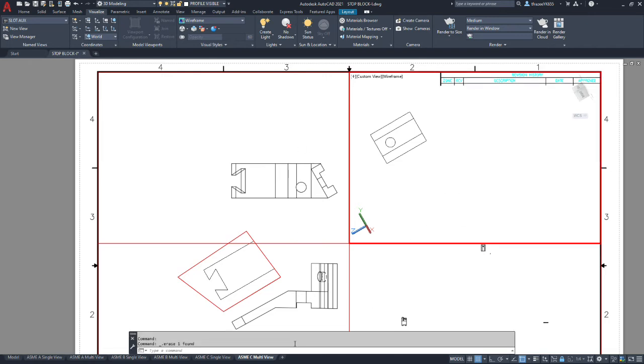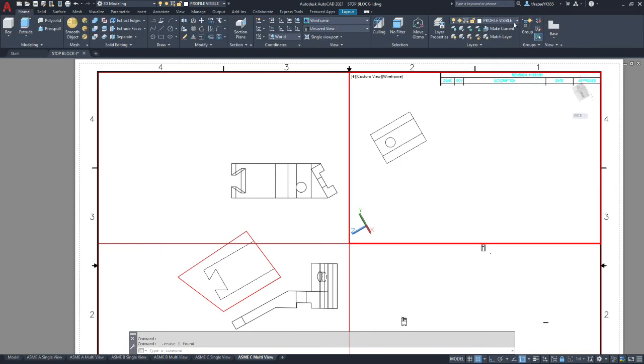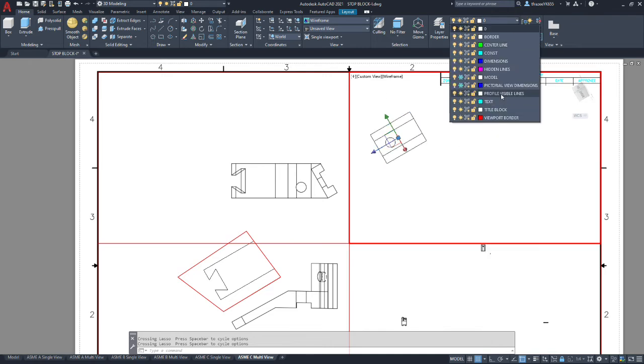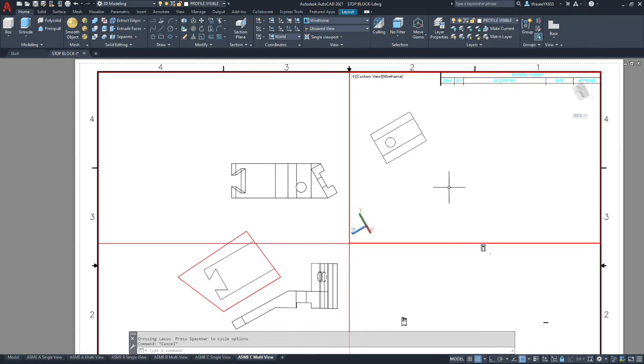Now in these other views, let's move our information to the proper layers. Again, we've got everything going to layer 0 when we do that explode. So we need to highlight everything in the auxiliary view and move it to profile visible lines.